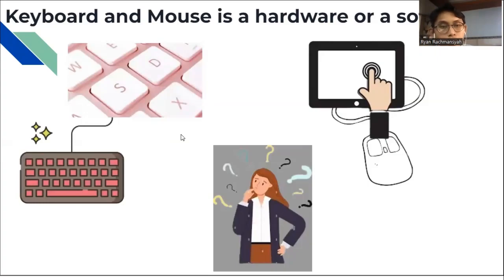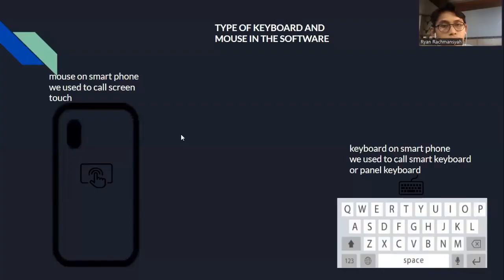And then next, in slide 6, the example of a mouse and keyboard in software form. This is the smartphone, and on my right is a display keyboard, like a panel keyboard or smart keyboard.